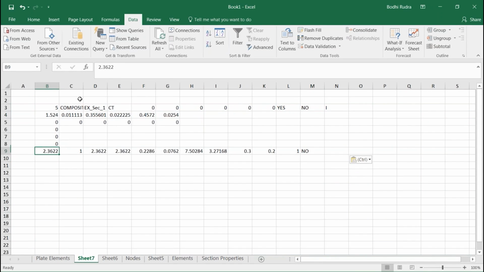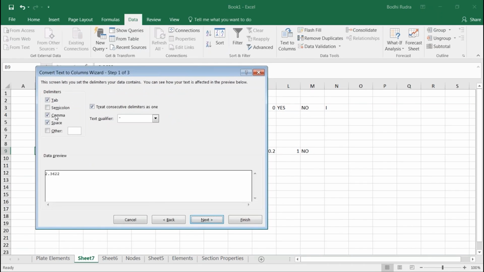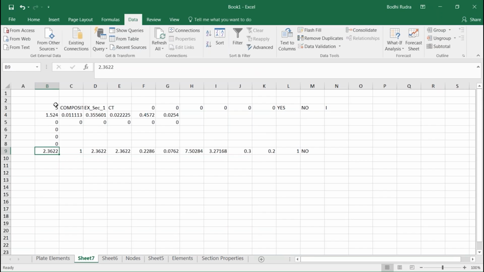If you don't have the delimiter on, you have to go to data, then text to columns, choose the selected data and divide by comma or space. I hope you know all these things.